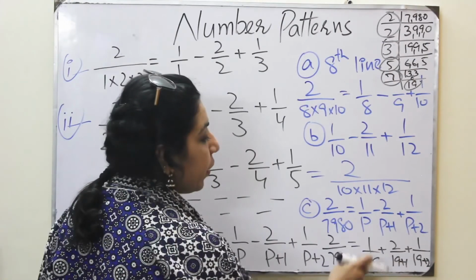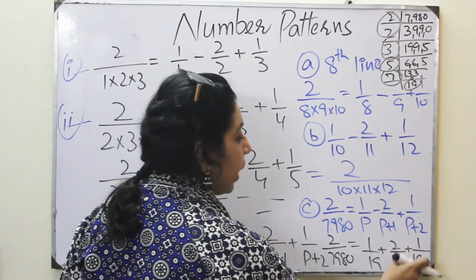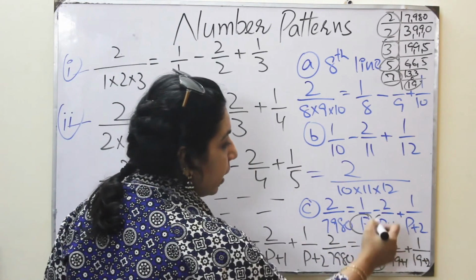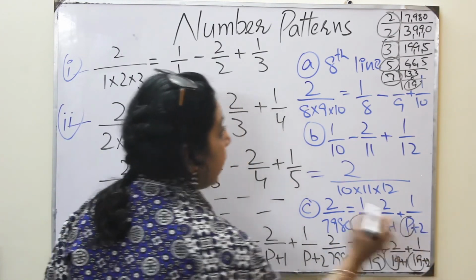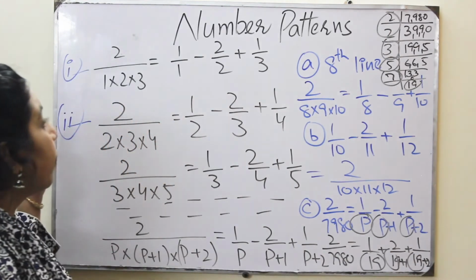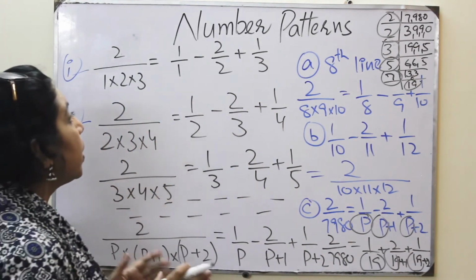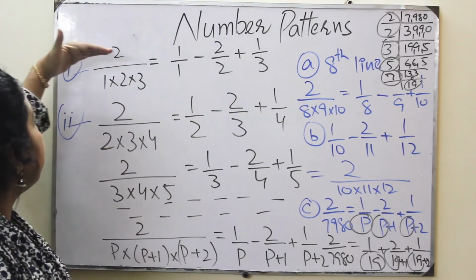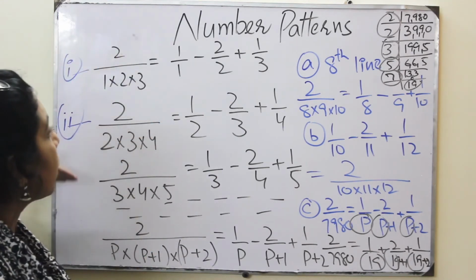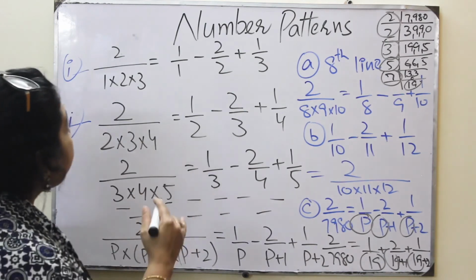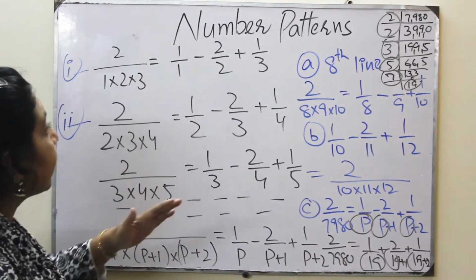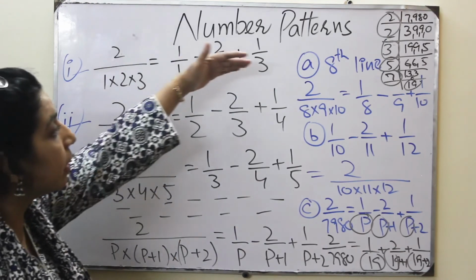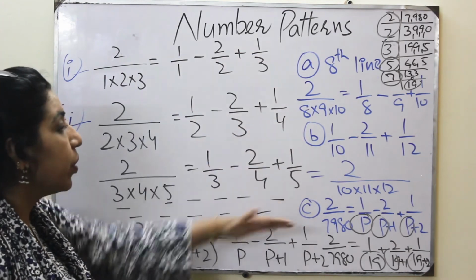When we have 1 over 19 plus 2 over 19 plus 1 and plus 1 over 19 plus 2, we can compare it with this, and our P will be 19. So if you find such patterns, the most important thing is how you study it. First of all, I would suggest you to mark the line as small 1, small 2, small 3, and then study the pattern from the left side as well as right side thoroughly. After studying the pattern, then make the required line and the values of the variables.